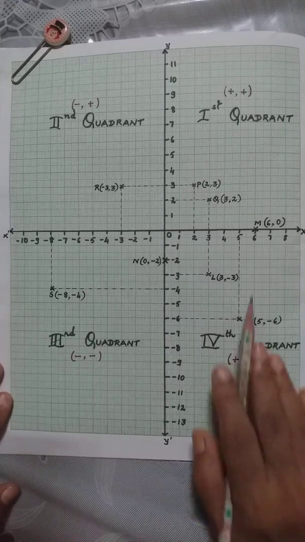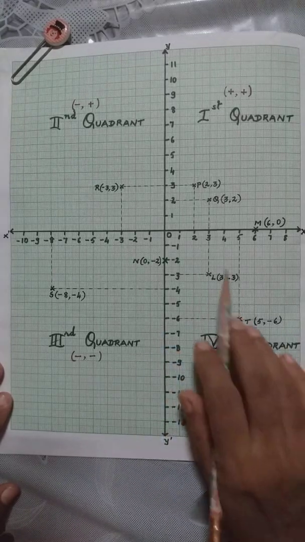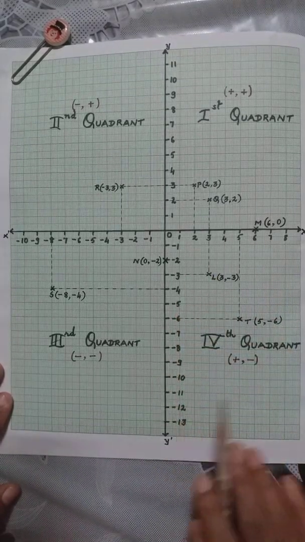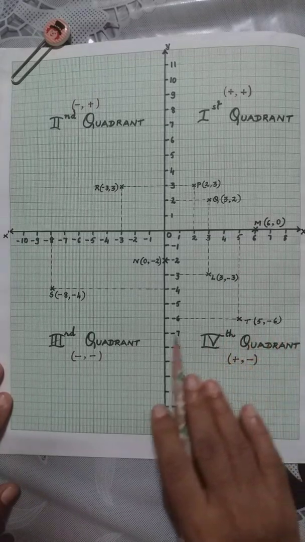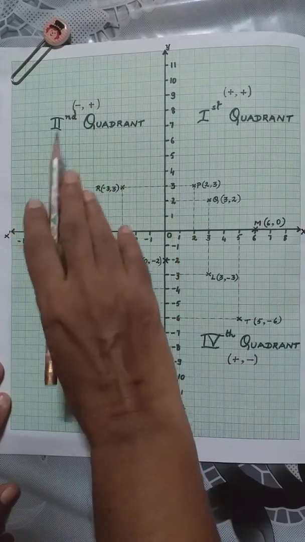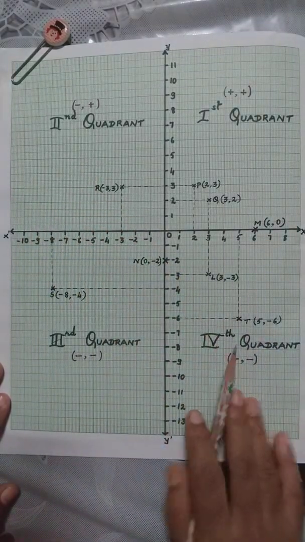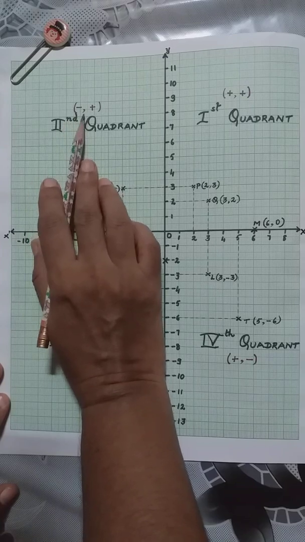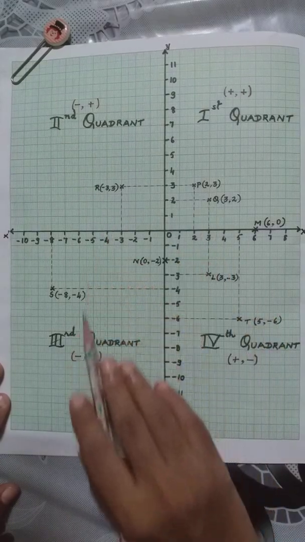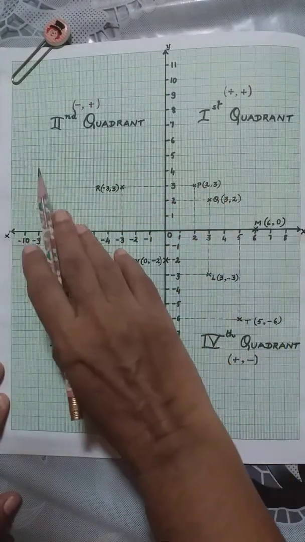So when they say that a point is lying in a region where its x coordinate is positive and y coordinate is negative, it is lying in the fourth quadrant. Can it be the same as the second quadrant? Here also we have minus and plus. No, the second quadrant and fourth quadrant are two different regions. Here the x coordinate is minus and the y coordinate is plus. Okay, so this is about the four regions or quadrants in a plane and their signs.